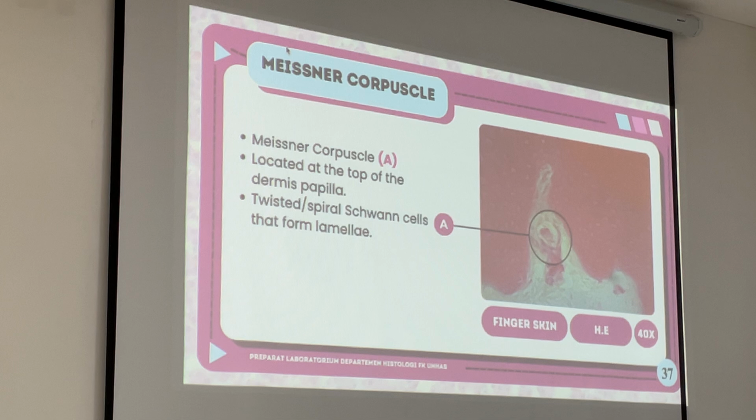In the case of the Meissner corpuscle, it is more for soft touch, like when there are buttons or a seal touches you. The Meissner corpuscle will transfer that kinetic energy to the central nerve here, and it will transfer to your brain. That's why you know there's a soft touch around you.